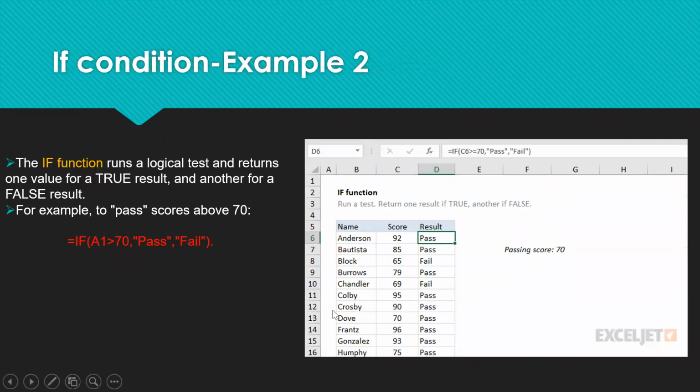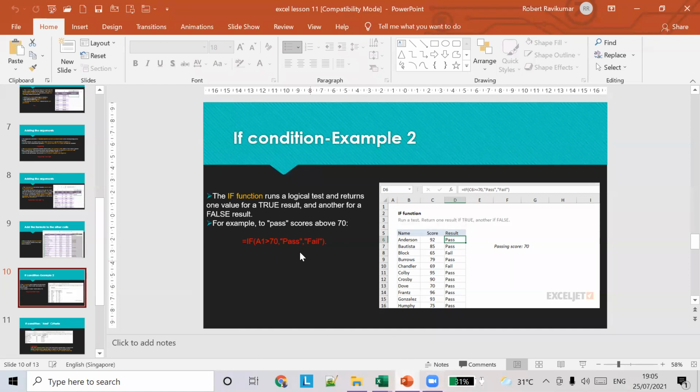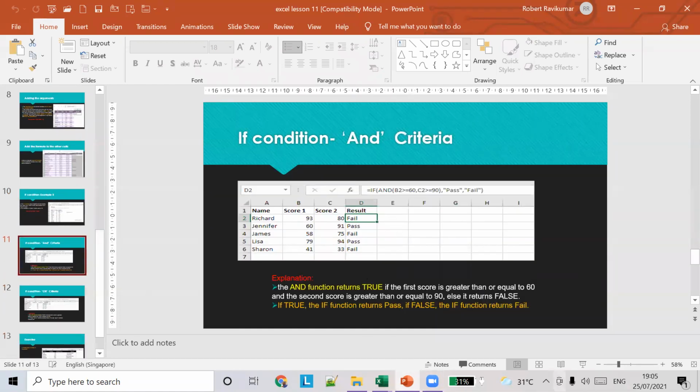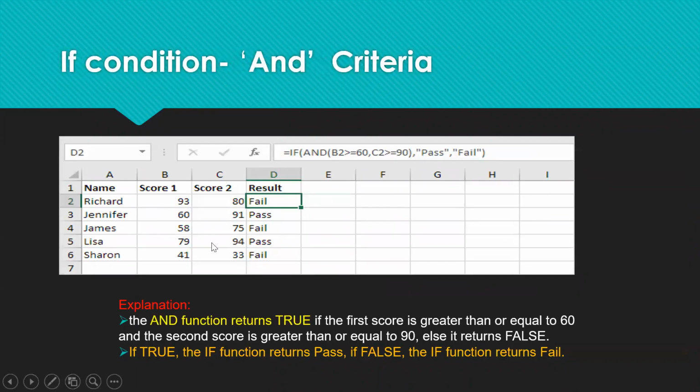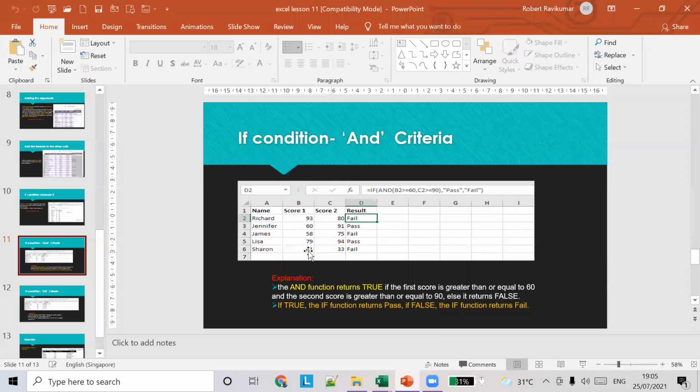And then in the second example we have to find whether he has passed in all the subjects. Even if he fails in a single subject, he is fail. Let's say there are maths, physics and chemistry. Even if he fails in physics, the result should be fail. Only if he passes in all the subjects is the result pass. So let's do this now.